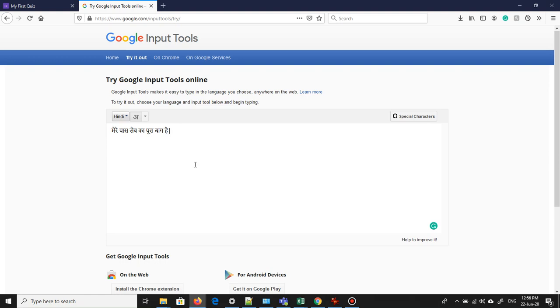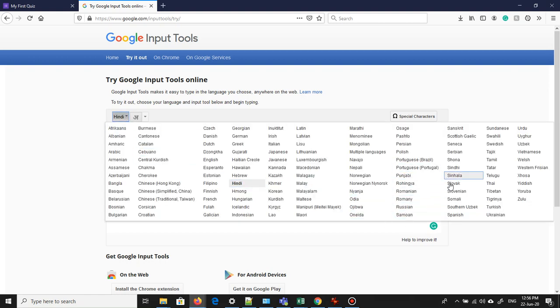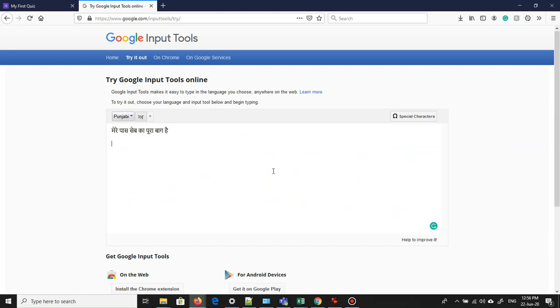In Punjabi, all you need to do is go to the language, go to Punjabi, and type mere kol seb, which is number 4 here now. Da, पूरा बाग है.